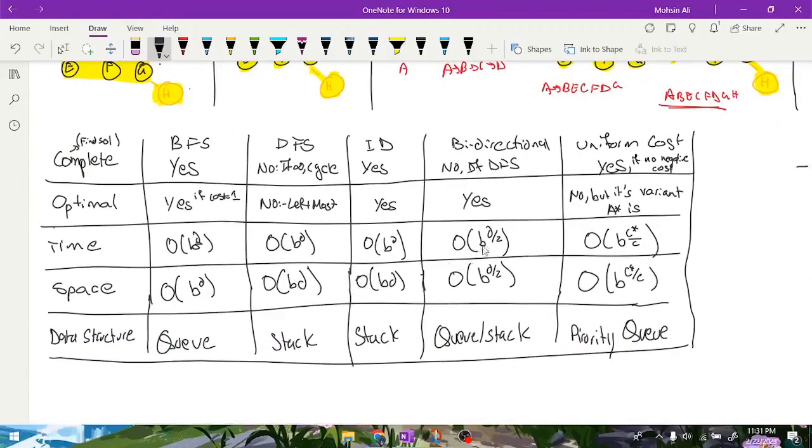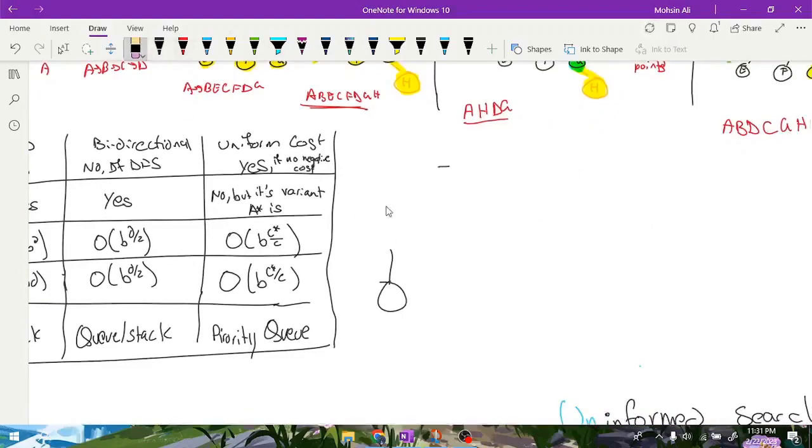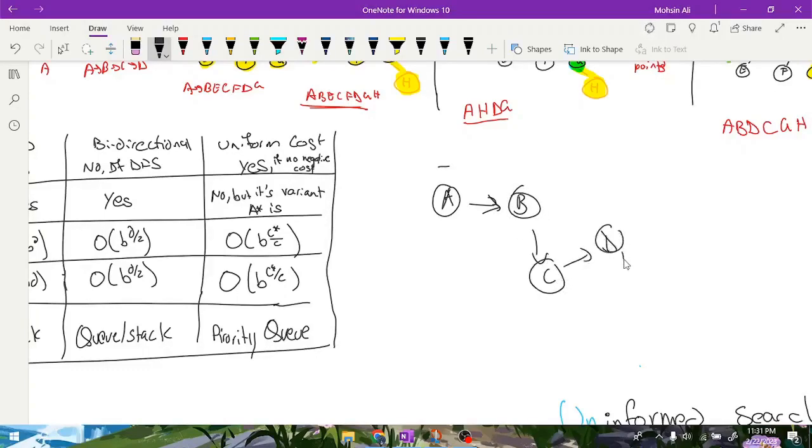It is O of P divided by 2, and this is only the case if your graph or your path is divided into, let's say, 2 equal sections. And what I mean by that is, let's say that you had a graph something like A to B to C to D to E, right? And you had G to, let's say, F, and